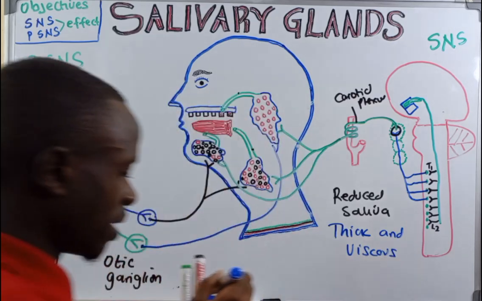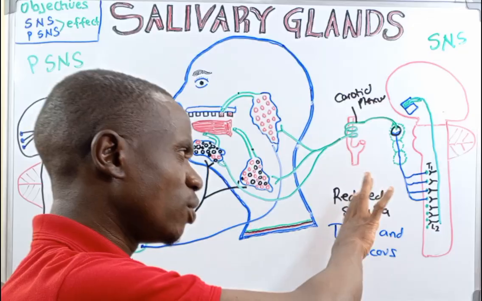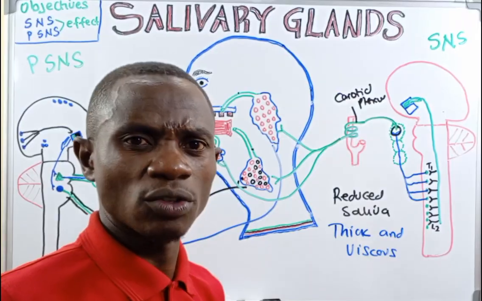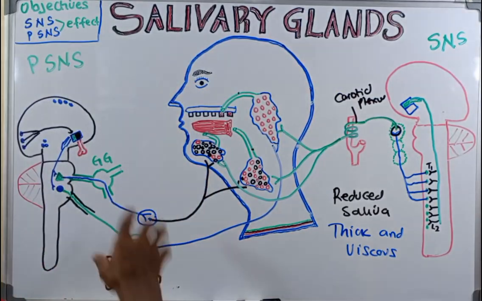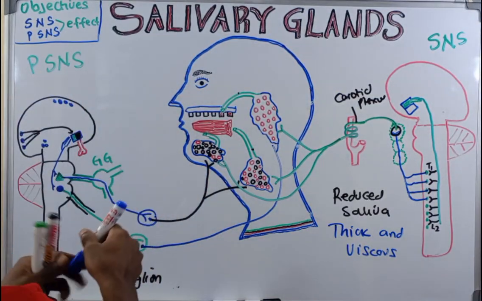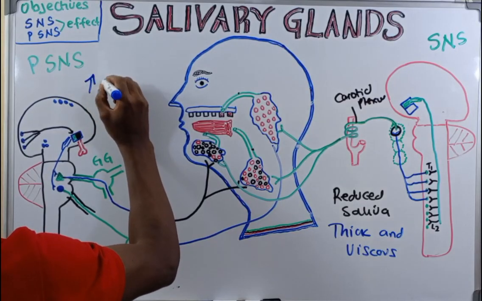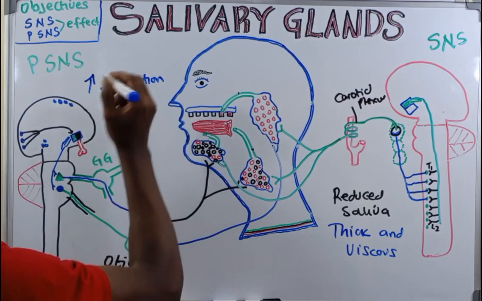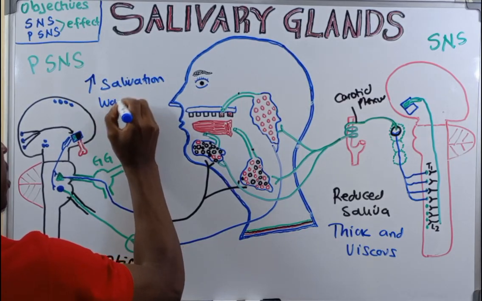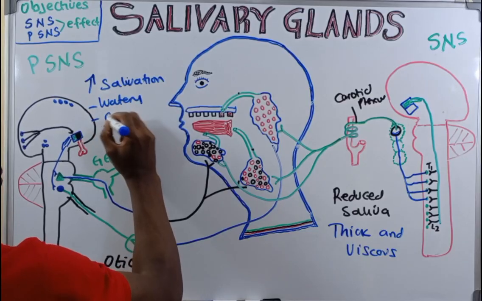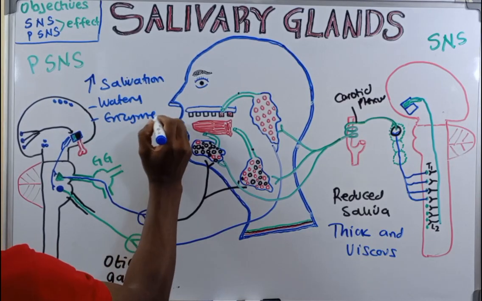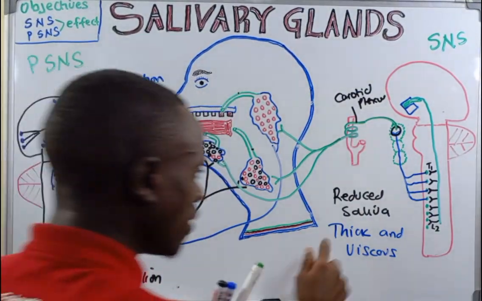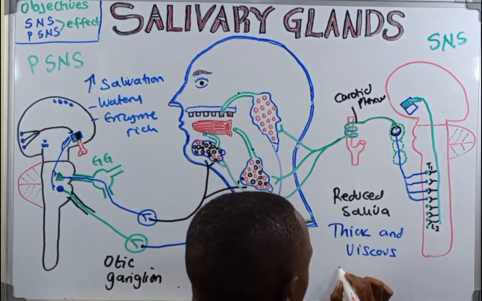Generally, the sympathetic nervous system is going to reduce the salivation process, but the little saliva which is produced is going to be thicker and even more viscous. When we come to the parasympathetic nervous system, it is going to increase salivation, and the saliva produced is going to be generally watery and enzyme rich. For the sympathetic nervous system, this saliva is going to be thick and viscous, and rich